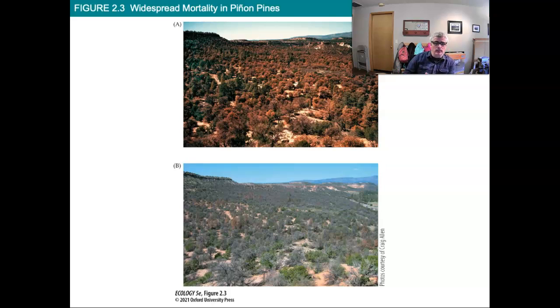And here's an example of extreme high temperature droughts from 2000 to 2003 that killed a lot of pinyon pine throughout southwestern U.S. And so, images of the same area. You can see the background here, this little hill and the second hill are here and here. So this image is taken in the same spot just a few years later, and you can see that many of the dead trees are still standing here.